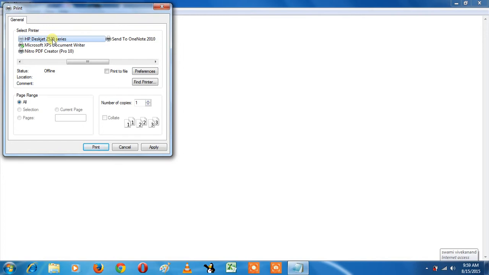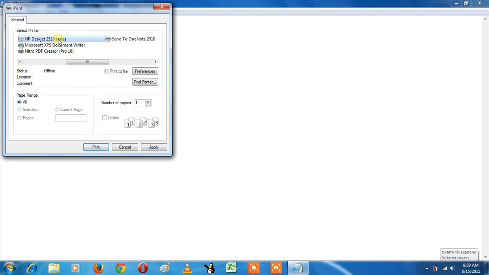There are also options like Microsoft XPS Document Writer, which lets you print from any kind of program or software, and this is Nitro PDF, which I installed previously.